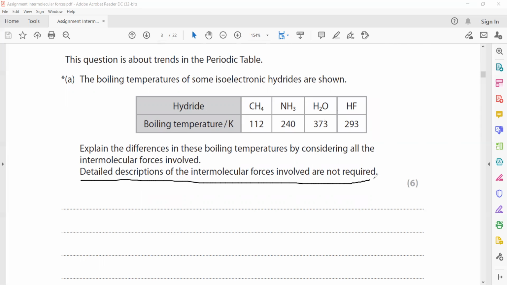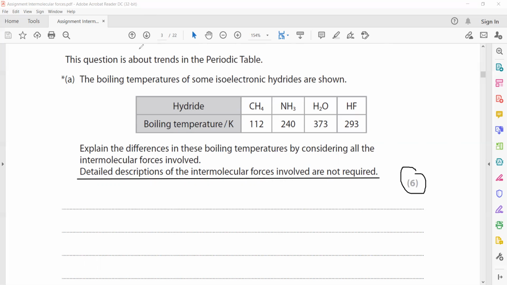A detailed description of the intermolecular forces involved is not required. You don't have to mention how these forces arise, but you should be able to explain how the difference in the intermolecular forces caused the difference in boiling temperature, and it's worth 6 marks. So first thing, methane CH4 does not have a permanent dipole. It has dipole-induced dipole forces, or instantaneous dipole forces, or London dispersion forces,